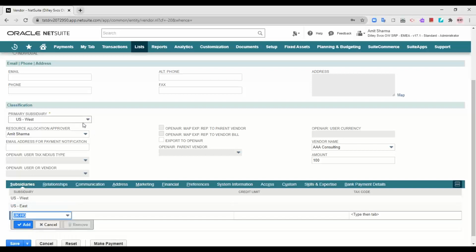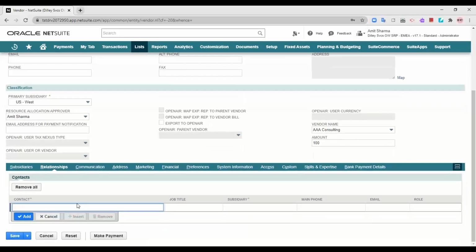So whenever I select a subsidiary over here into any transaction, this particular vendor will come down into the selection list. So you can select the various subsidiaries that will use this particular vendor in order to create a transaction. Now this is the primary contact person of the company, so whoever is the general manager or any sales manager or any personnel, or who is the primary representative of this particular company, you can provide the details of that person over here.